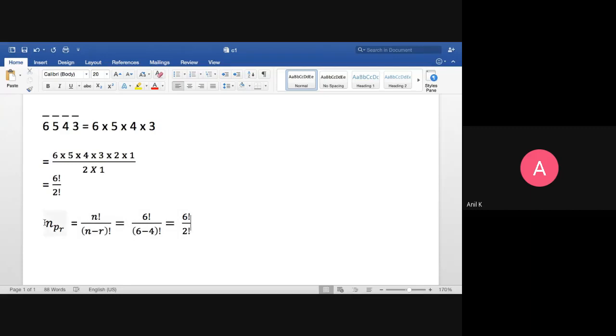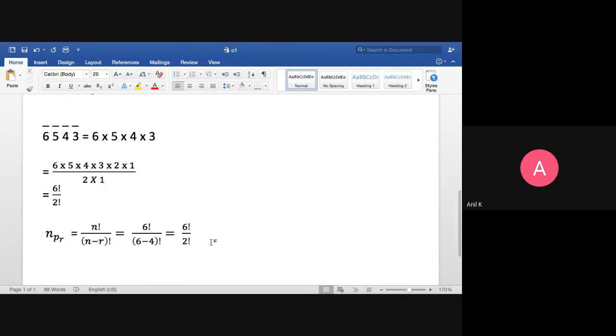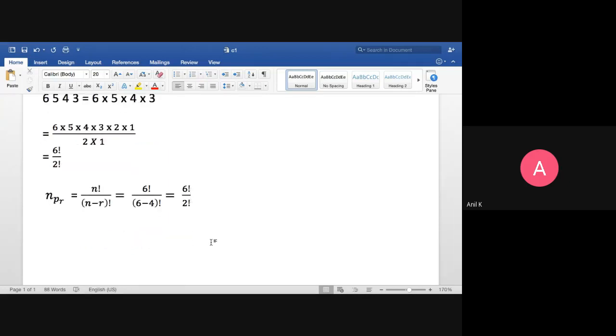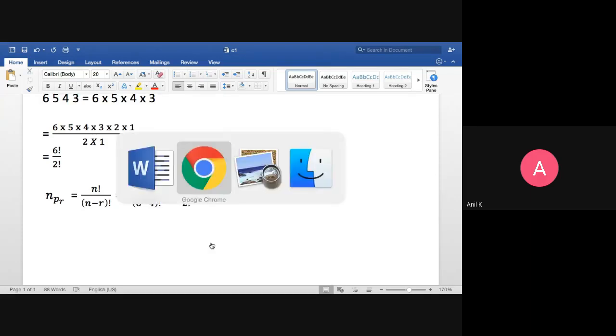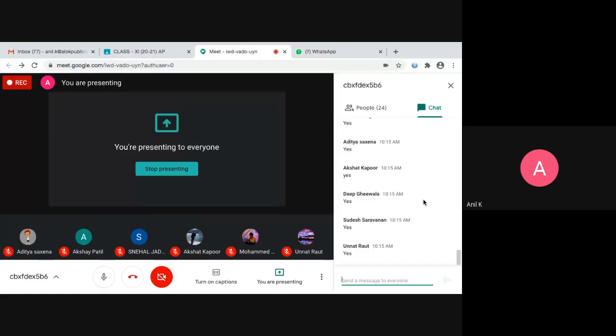That means the formula we are using is the same as that way, but writing it out and solving it every time may feel difficult. That's why I need a standard formula which helps me solve it without drawing lines and thinking each time. If I know out of n objects I want r objects, my formula for permutation is nPr, which is n factorial upon n minus r factorial. Do you understand how this formula is valid? Yes or no?